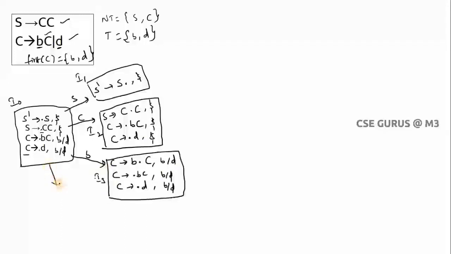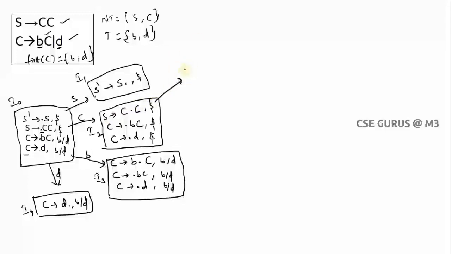And the final one here, D is to be scanned, and what is D? If I scan, C tends to D dot, and of course the lookahead is as it is. Now the next part. So I0 is over, no? Now I'll go to I1. Is there any symbol to be scanned? No. I2. So I can scan dot C here. So I'll scan dot C here.